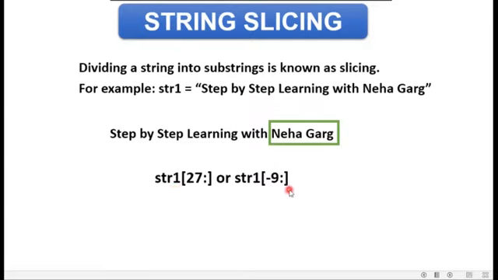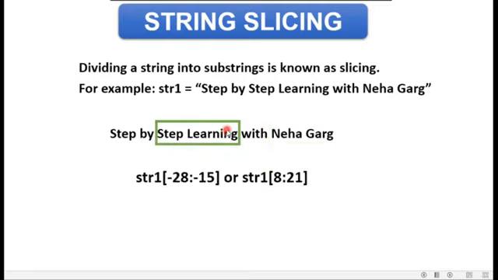Now you must be thinking, how am I deciding this particular number for taking this portion of the string? As I have shown you earlier, for selecting this particular portion of a string, how can I decide the numbers that I am going to write in this code? So I will tell you everything step by step. How do we write these numbers for slicing? So let's move on.